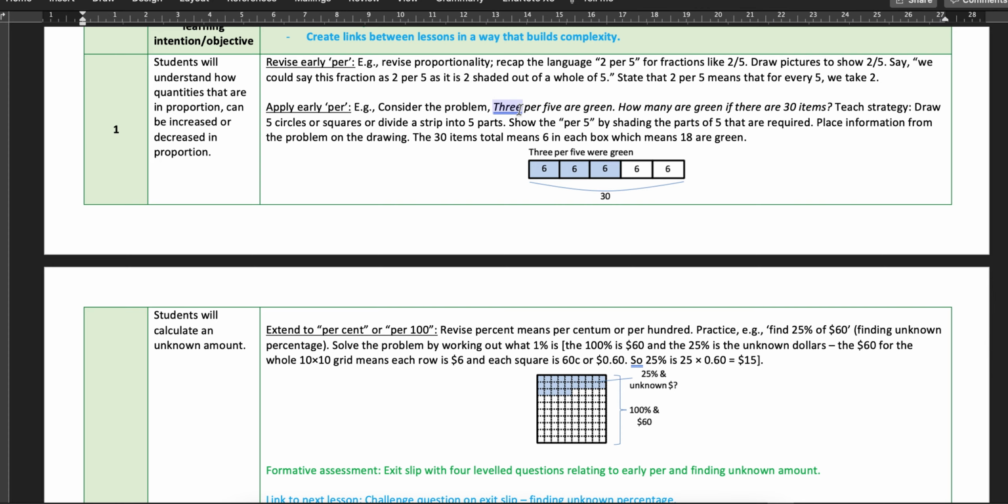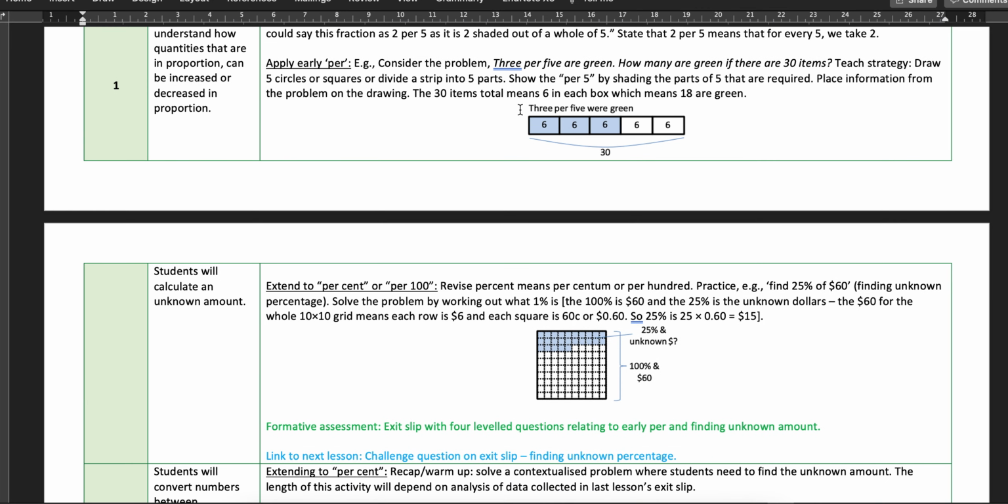So that will probably take me a whole lesson. I'll do a formative assessment in the form of an exit slip. I'll have some leveled questions that relate to what we've covered in the lesson. And I'll also include a challenge question where I'm asking students to find an unknown percentage. In this lesson, they were finding an unknown amount, but in the next lesson, we're going to look at finding an unknown percentage. So I'll just include that question there to see if any students already know how to do that, can work it out if they think about it a little bit. That'll just give me a little bit of information in conjunction with those other questions about whether or not we're